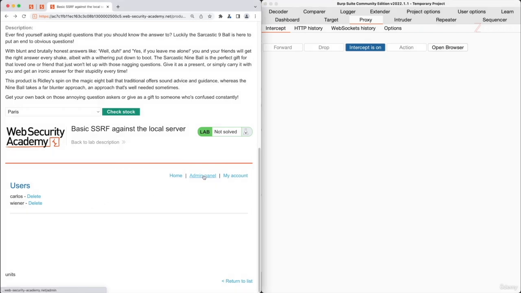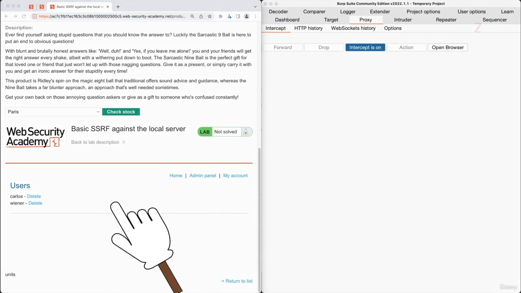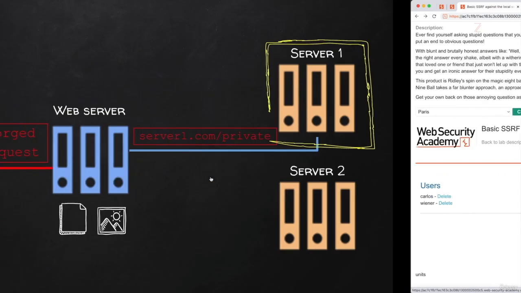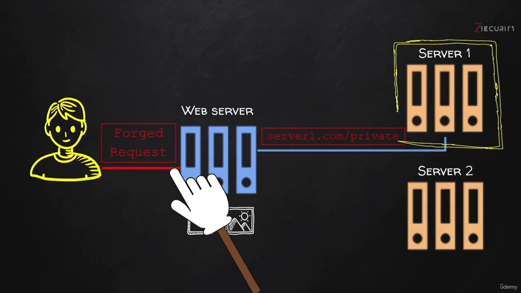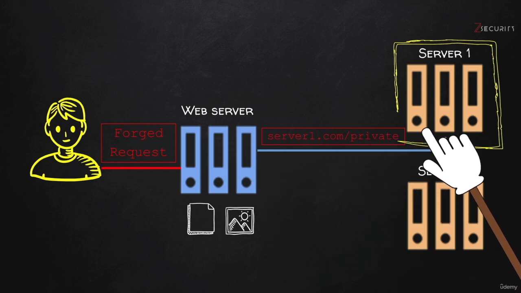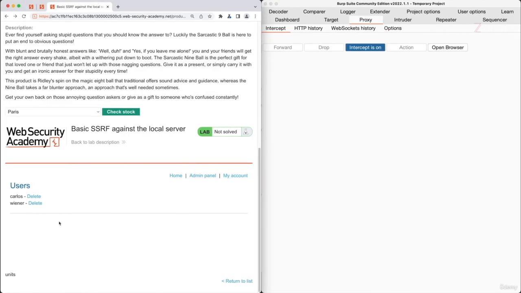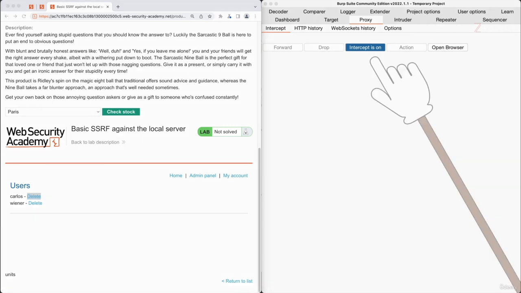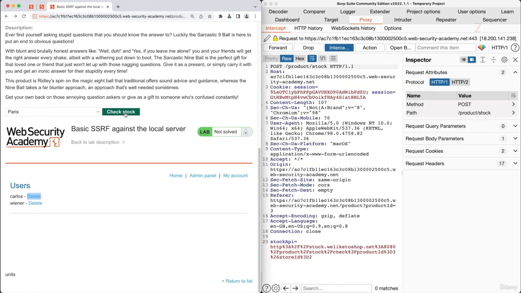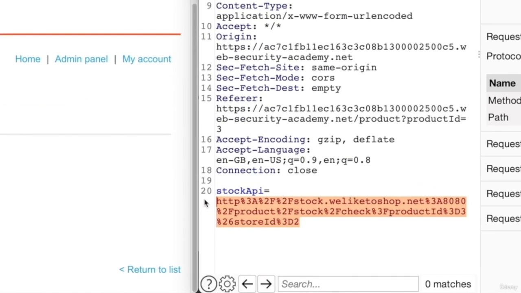Now, similar to what happened when we clicked on the admin panel and it did not load, any functionality that you see in here will not work directly from your browser, because remember, any request you send to that server will be denied. You will have to forge a request so that the web server submits that request on your behalf. For example, if I wanted to delete the user Carlos or Wiener in here, I can't send that request as is. I'm going to have to right click, copy the link address, and then make sure my interceptor is on, click on check stock again or use the repeater like I said earlier,